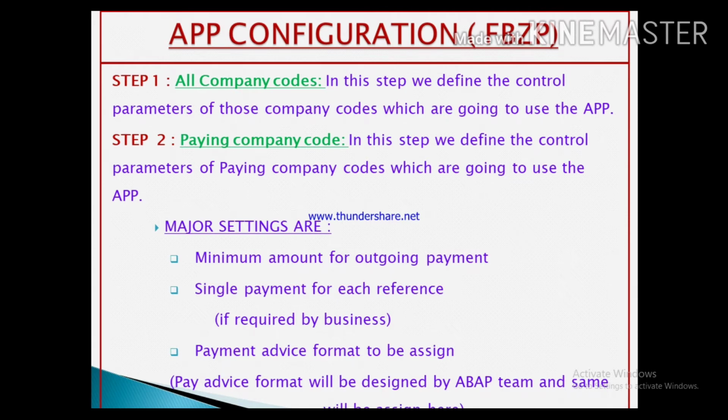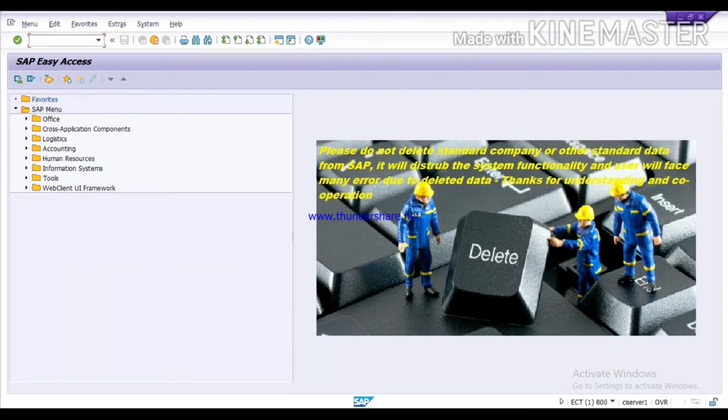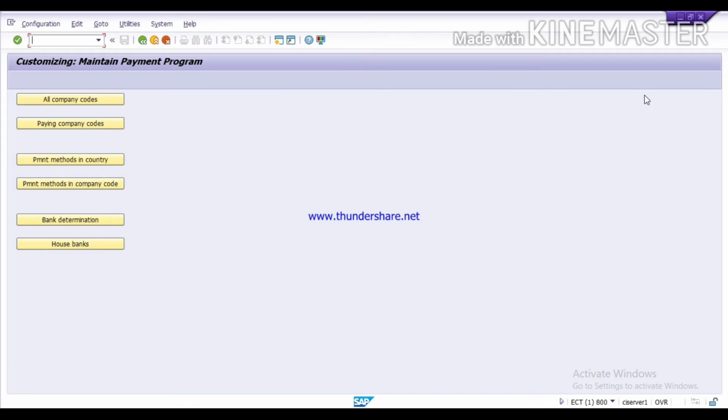Now we will go to the SAP screen and define the first step for all company codes. Run the T code FBZP and you can see these are the 6 tabs in which we have to do the APP configuration. The first tab is all company codes.